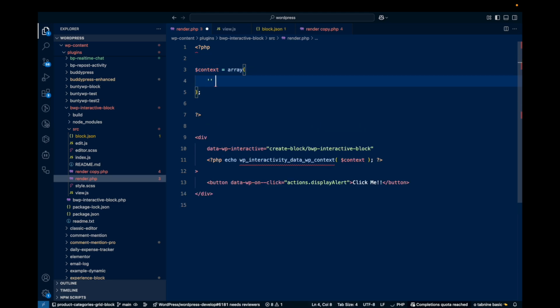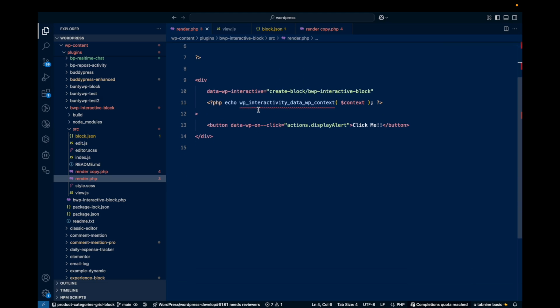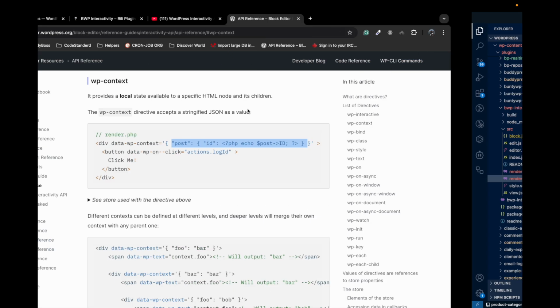So what do we pass in the context? Anything which helps your block for the interactivity, you can pass in this context. So in our example,